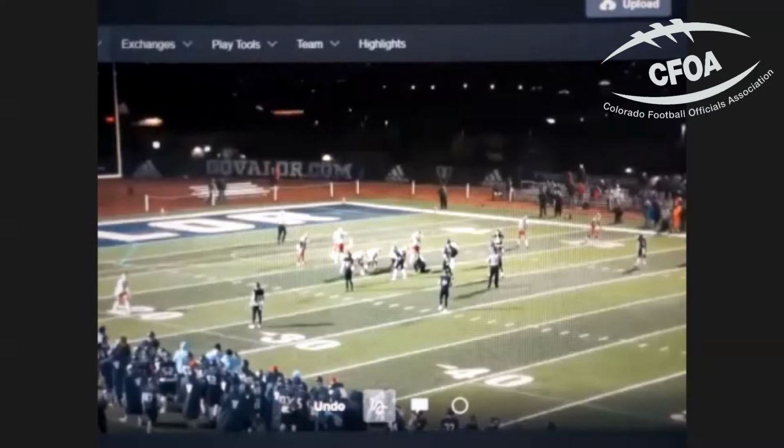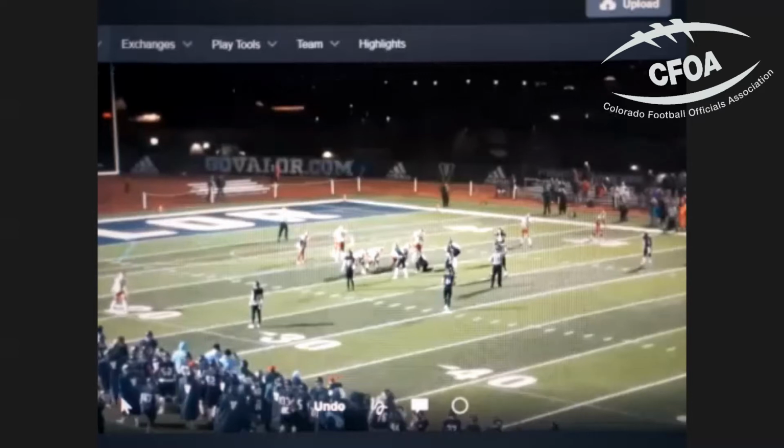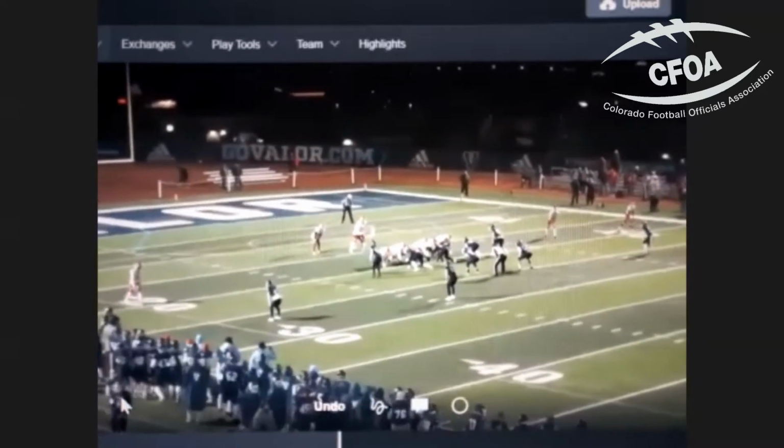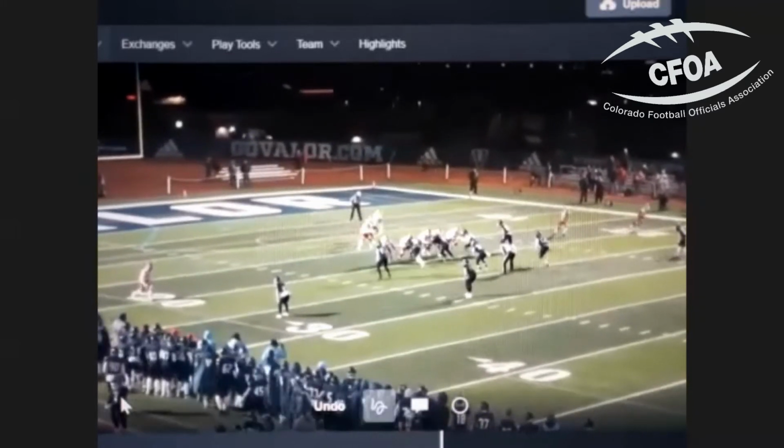On the other side, our 2 receiver set, they're basically stalk blocking. We're going to sit our backside running back, and you'll see him go in motion. So a few things going on here. Pause it right here. Even though this is not an in-play read, this is still considered an RPO. This is a pre-snap read RPO.